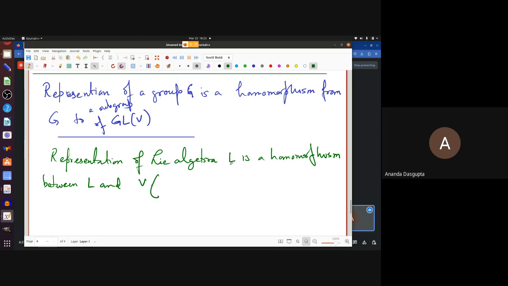When you say homomorphism, what you want is this map phi, which maps you from whatever Lie algebra L you have, which is itself a vector space, to elements of the vector space V. You must have this property: if you take the Lie bracket of two elements of L and then map it to your vector space, you should basically have the Lie bracket